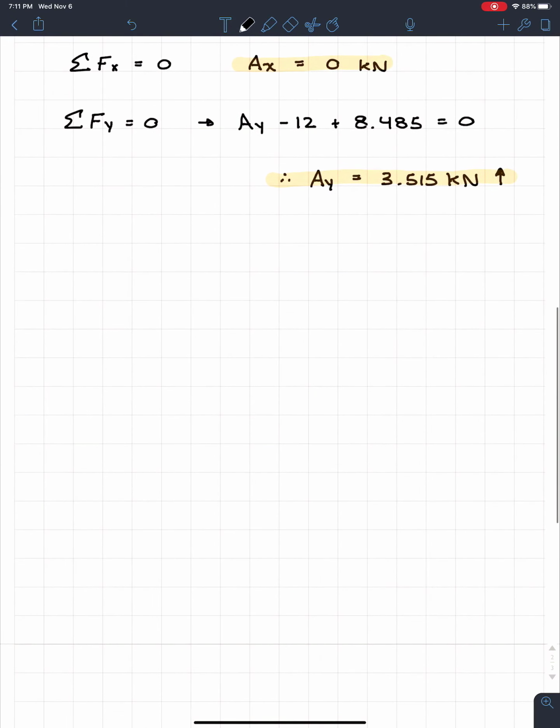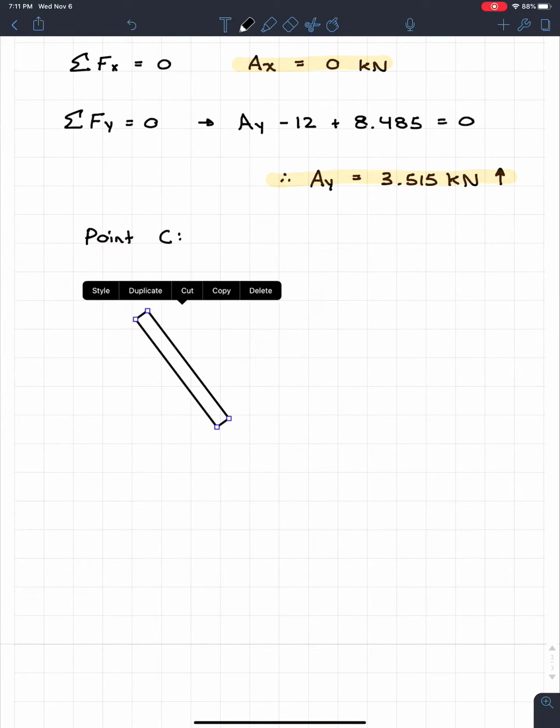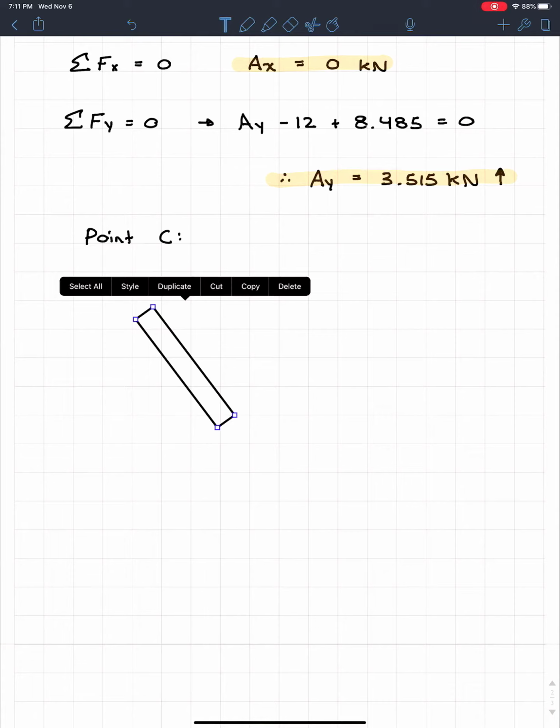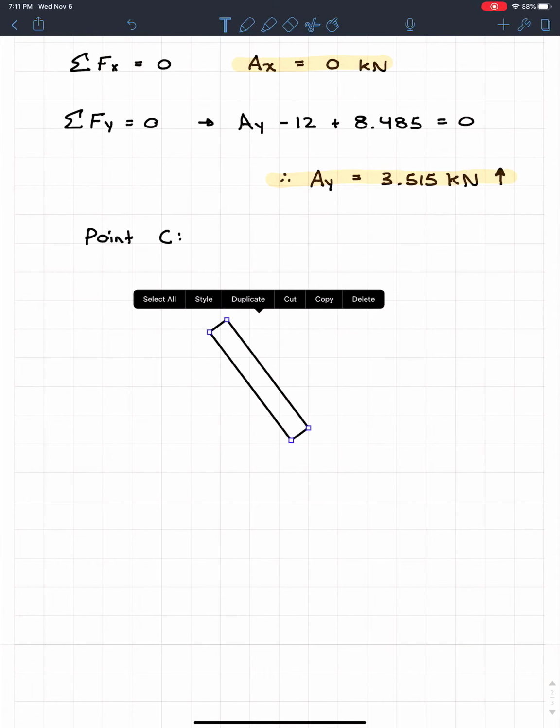So coming down here, let's go point C. I guess we are analyzing point C. So this just tells us what exactly we're doing. And we know that we cut the beam something like this. And I'm going to, what should I do to make this a little bit easier? Let's move this more to the center. Alrighty. So we know that at this beam we had